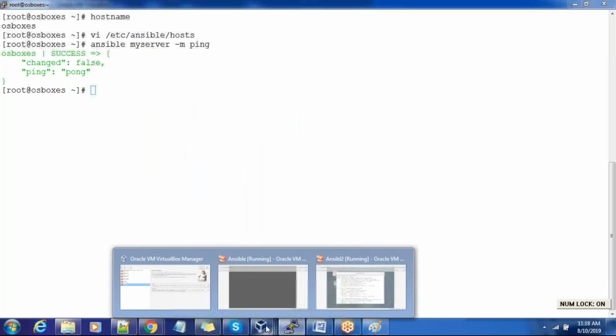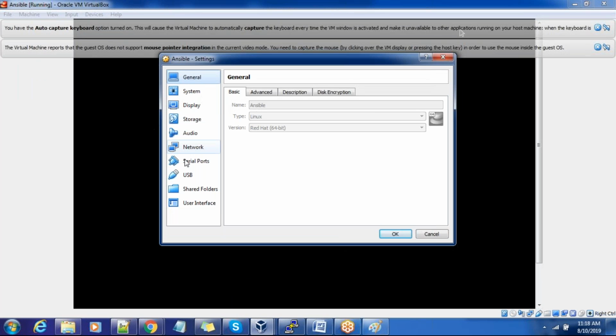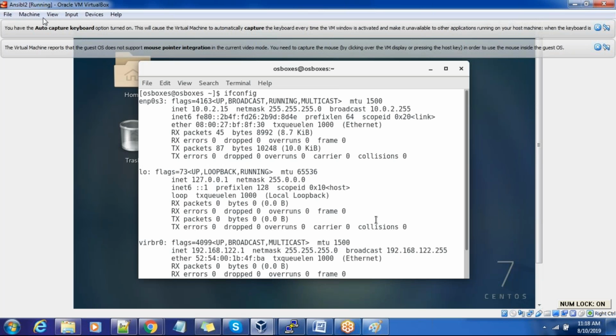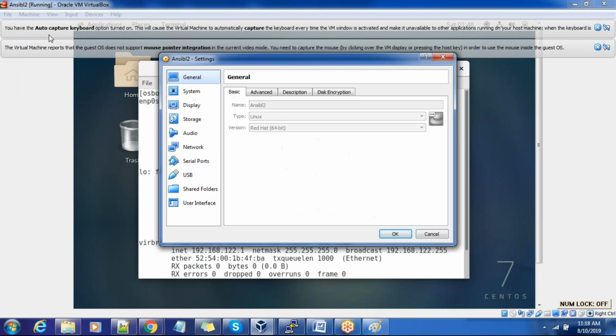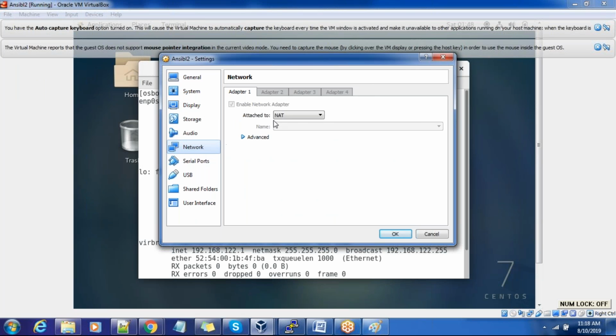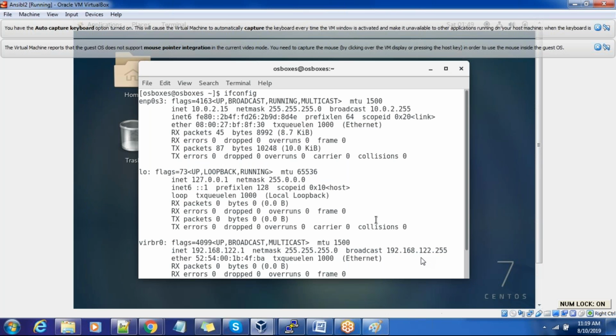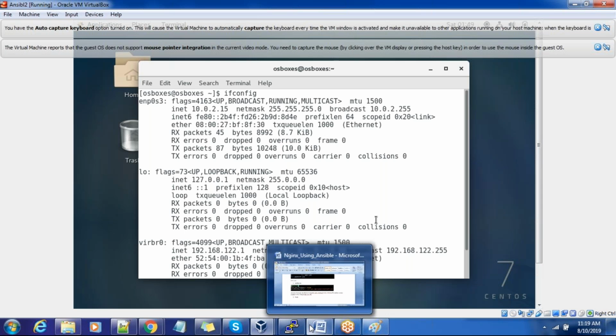NAT. What about the other one? Okay, bridged adapter. So we just need to change that to bridged adapter here also. Settings, then network, bridged adapter, and then hit OK. And once that is done,